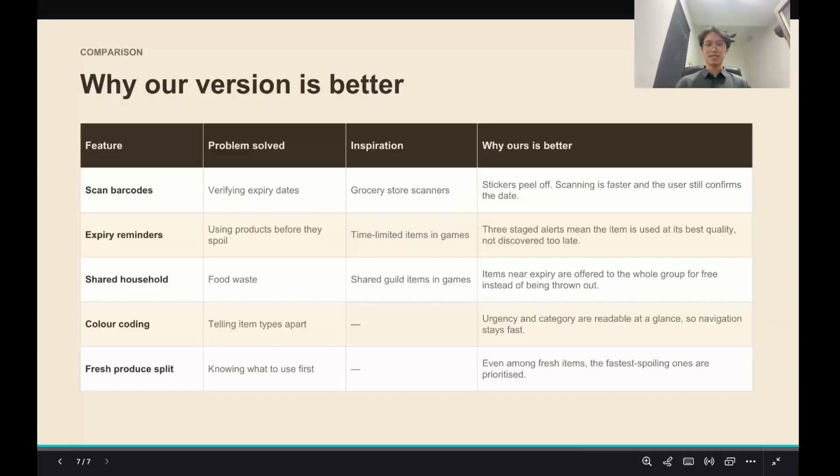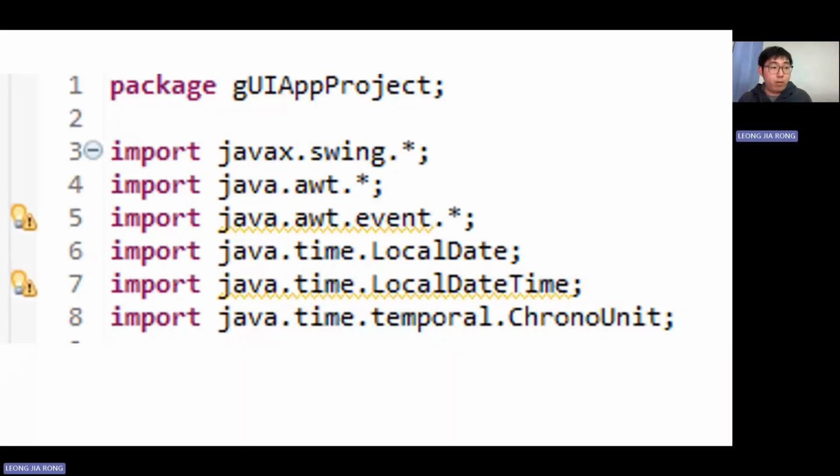Now, Jaron will take over to explain about the prototypes. And my name is Jaron. Alright, so this is where all the coding is. Firstly, I have to show the important stuff that will be used in the code. We've got